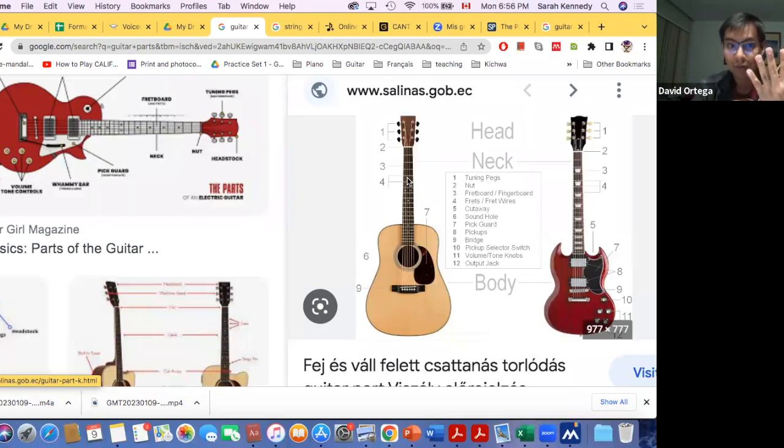So in music, we call these fingers, from your index finger to your pinky finger, numbers. So we call this finger number 1, number 2, number 3, and number 4. All right. Then for your right hand, the one that is going to be in charge of strumming